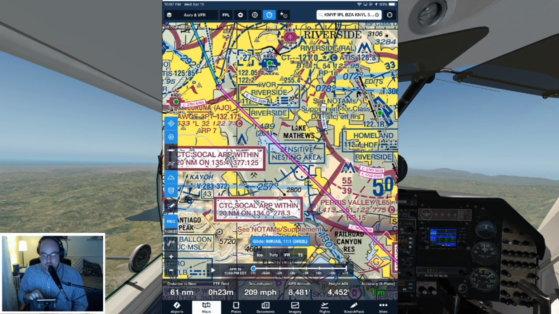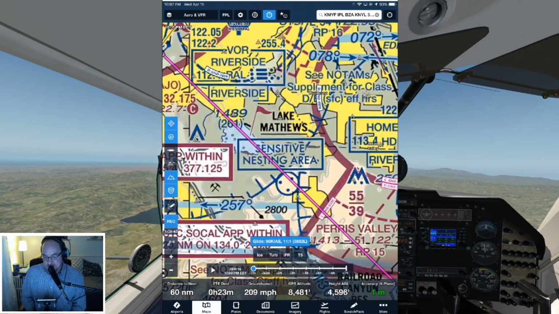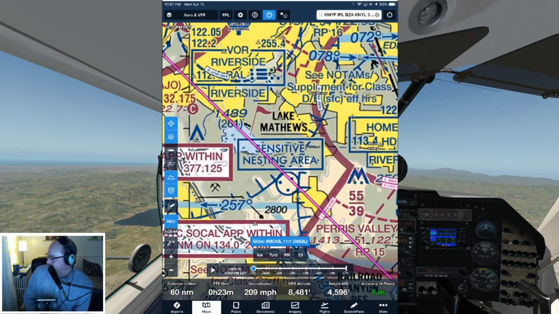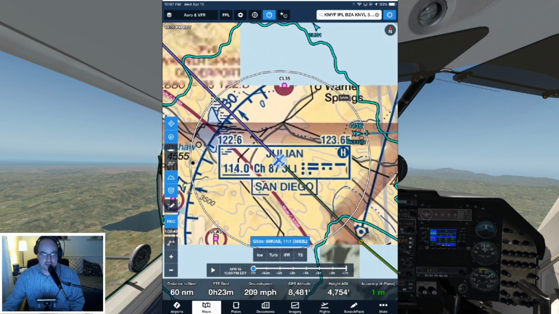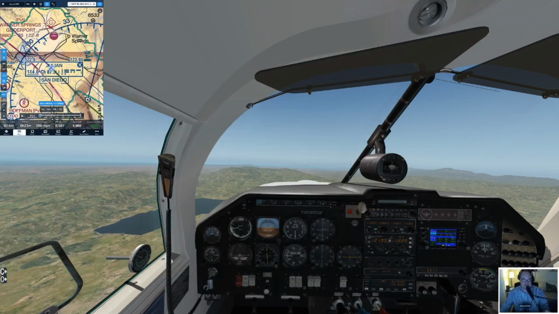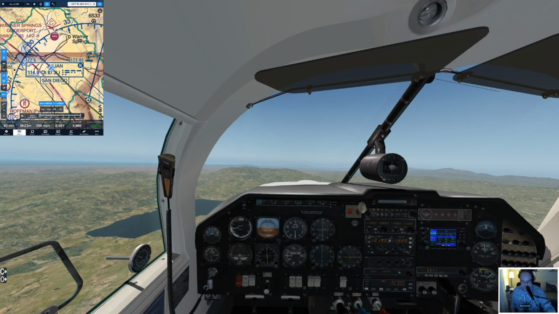I'd say when we're over the sensitive nesting area, we'll begin our descent to get down to pattern altitude in time to enter what we assume is going to be a left